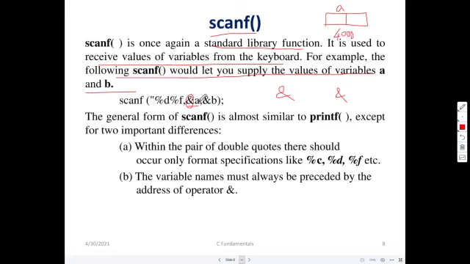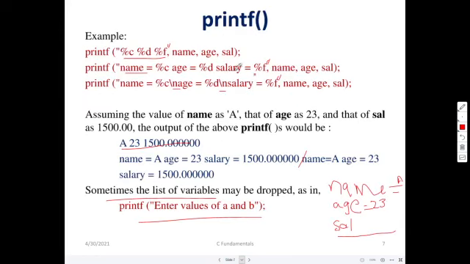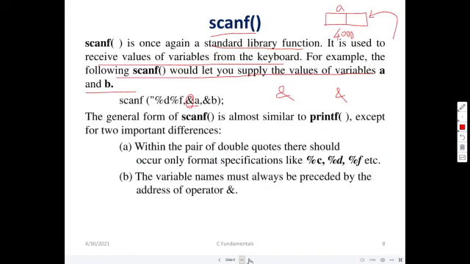So whatever value we enter here will go and get stored at this address. That is why the address of operator is used. In the printf statement, we just use A, that is name and age. We are not using address of name or address of age. Only in scanf will we be using the address of operator. The address of operator should be preceded.